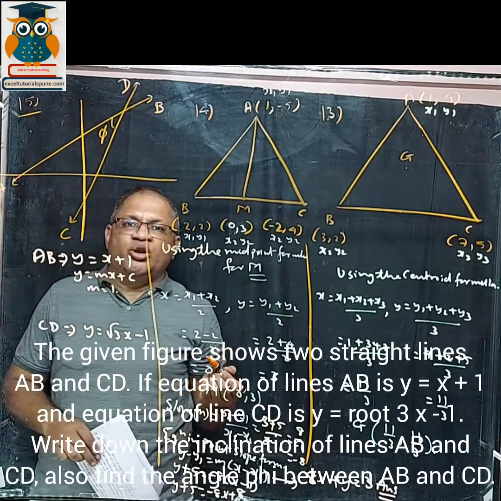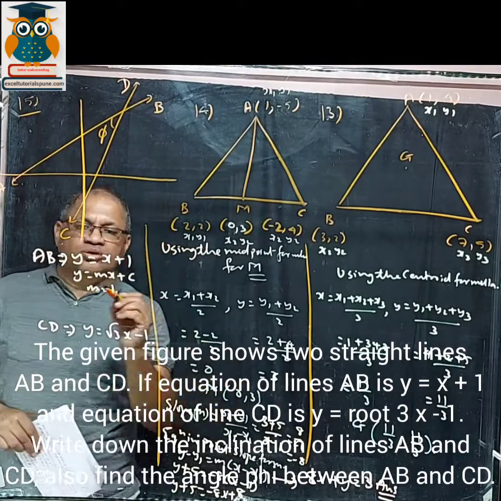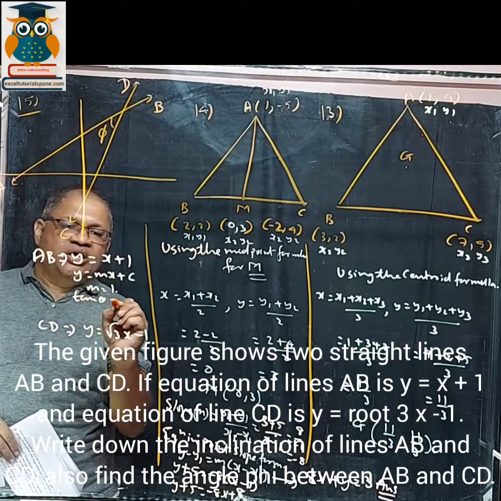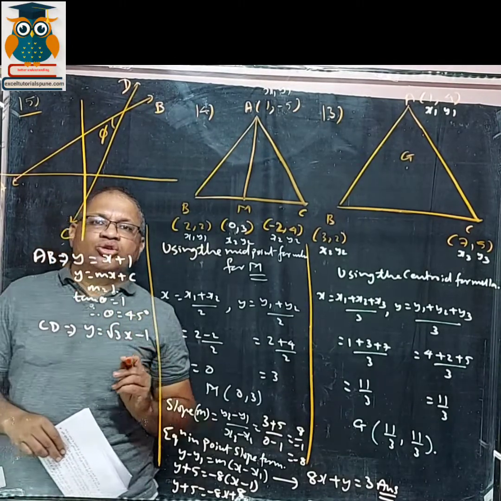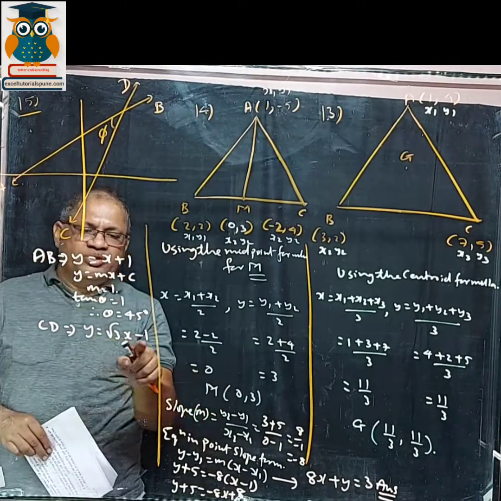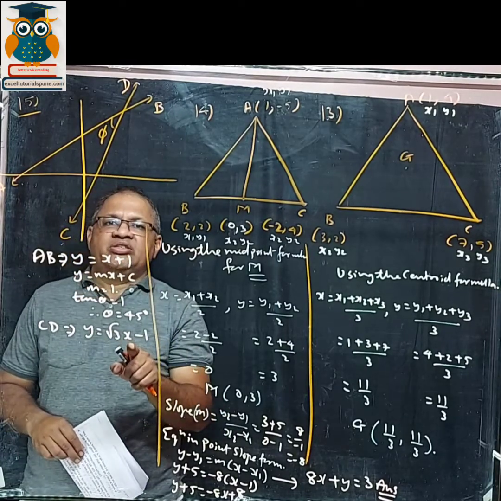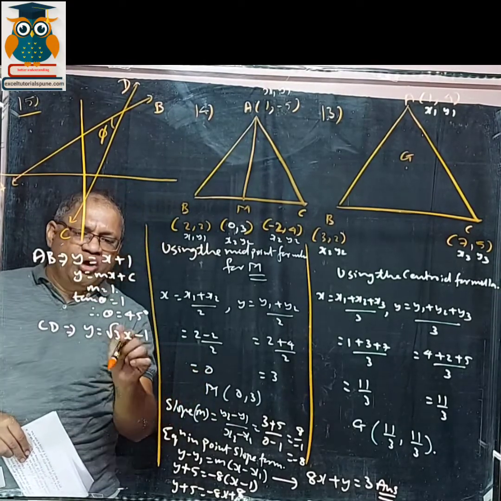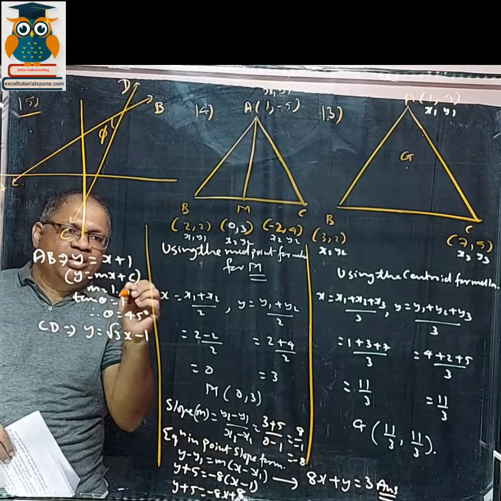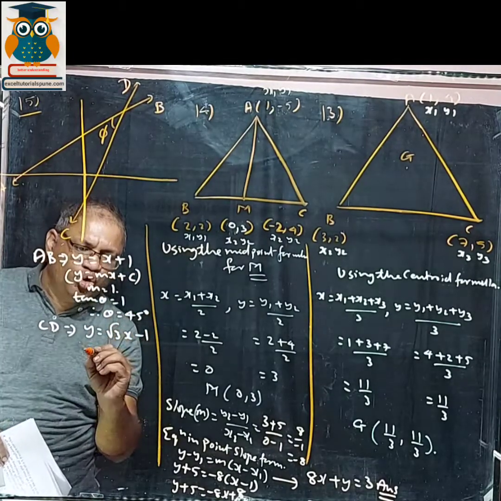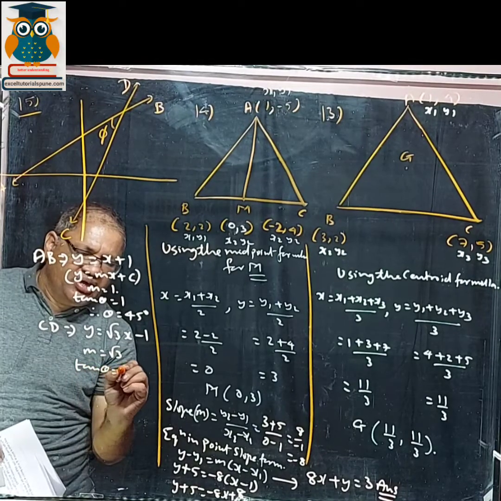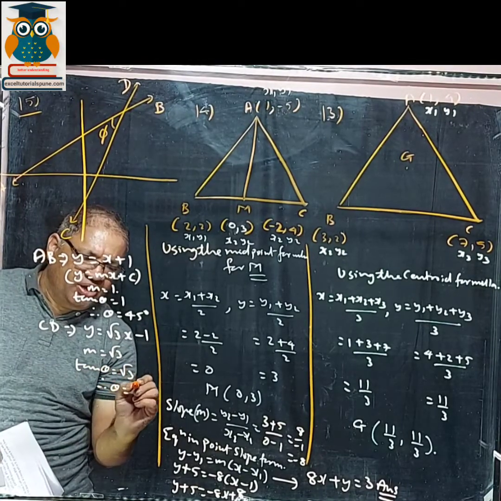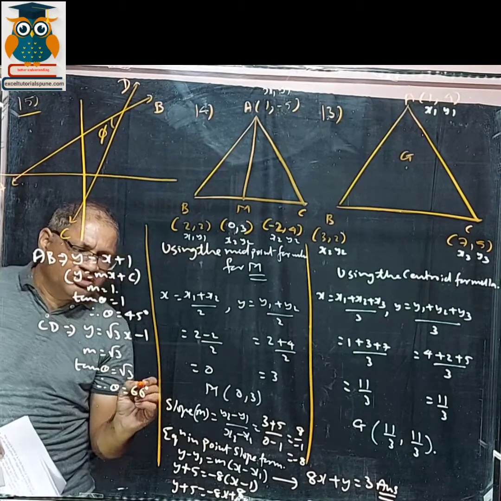Now there is another formula for slope, tan theta. So if tan theta is 1, therefore theta will be 45 degrees. So tan 45 is 1. Likewise over here, compare it with slope intercept form, y is equal to mx plus c. Compare it with this. So the slope is coming to root 3. So then tan theta is root 3. Therefore theta will be 60 degrees.